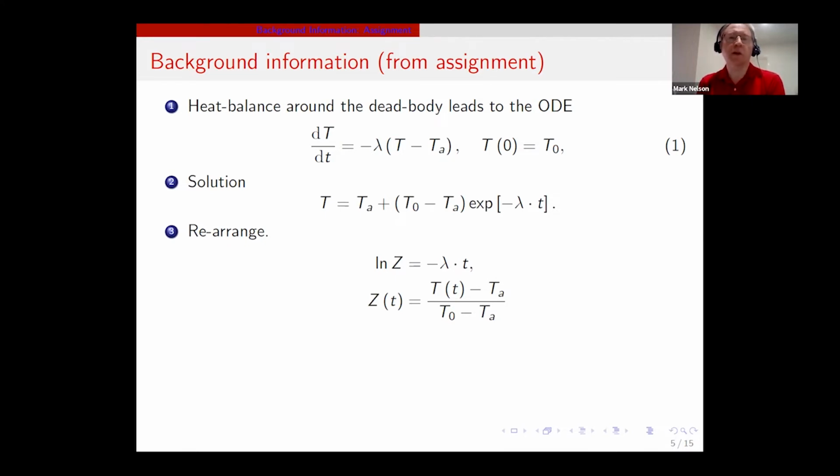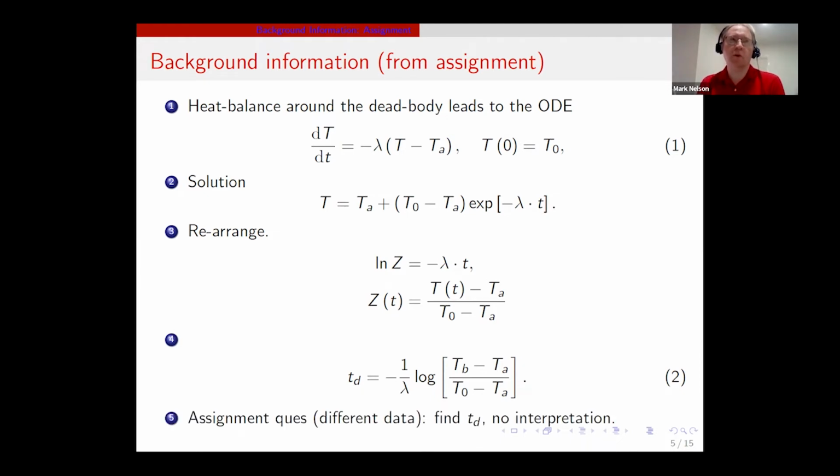Now, in order to make things slightly easier for them, we assumed that the ambient temperature was going to be fixed and not changing. And we assumed that the initial body temperature was accurately modeled. And so we were just interested in estimating this parameter lambda. And once we've estimated the parameter for lambda, we can derive a formula that tells us when somebody died, because we know the body temperature when somebody dies. So this was all information that students had when they entered the exam. The exam was an open book exam, so they had all this information already. They didn't need to rederive it.